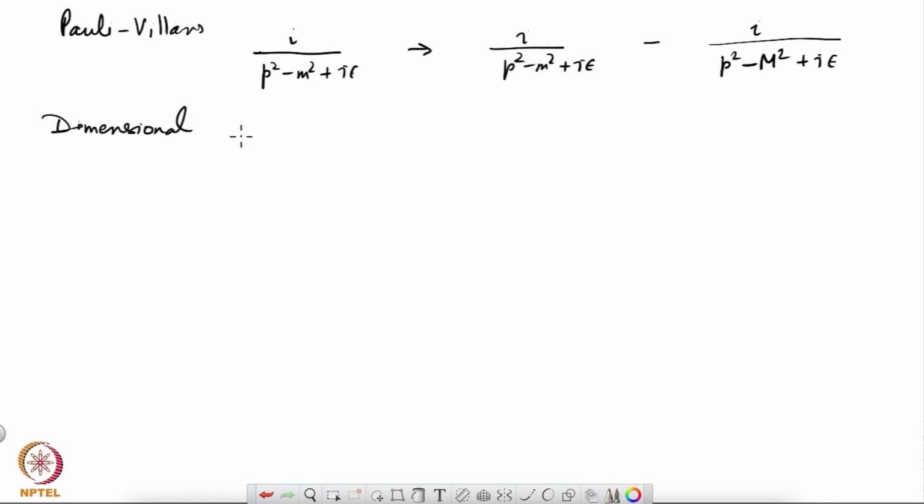Dimensional regularization. Which means that I will take a given Feynman integral and reduce the number of dimensions low enough that the integral becomes convergent. Okay, you remember that